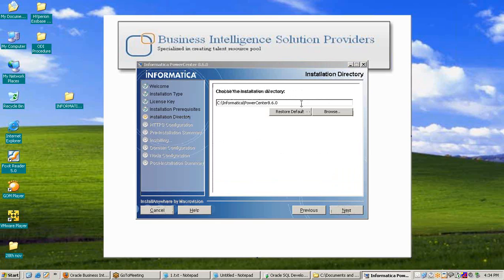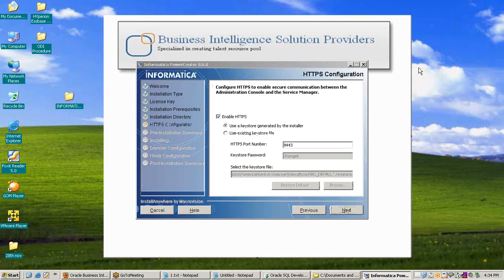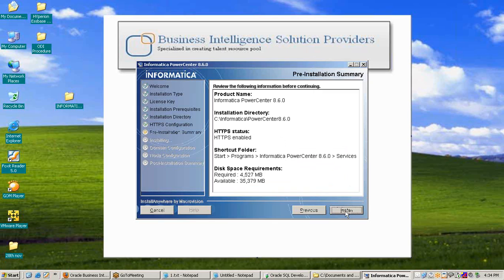Here we need to define the path for installation of Informatica in our system. It's the default path, or we can assign a path, then press next. Next window, HTTPS configuration. Here no need to change anything, then press next. Now the pre-installation summary is presented. Here we can see the product name, installation directory, HTTPS status, that is enabled, shortcut folder, and disk space requirement. Now press install.